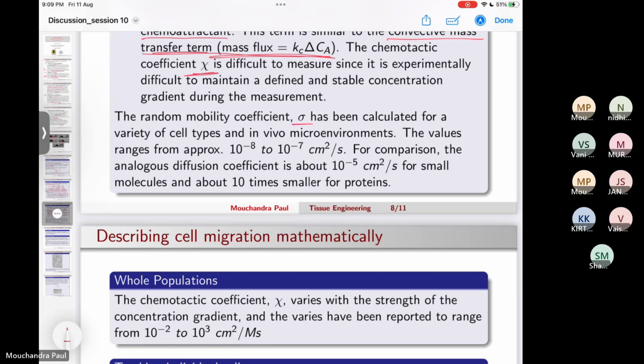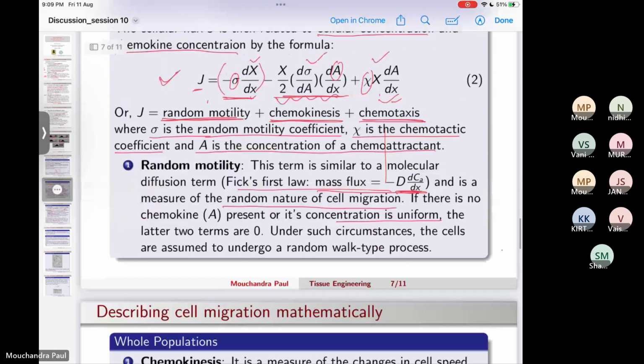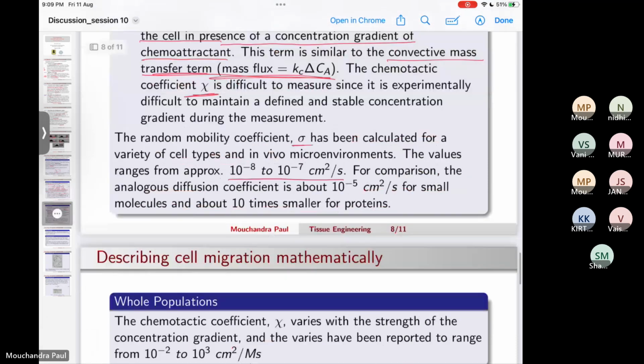This value ranges from 10 raised to the power minus 8 to 10 raised to the power minus 7 centimeter square per second. This is a very, very small value. And if you compare it with the diffusion coefficient term, this D term that is coming from Fick's first law of molecular diffusion,